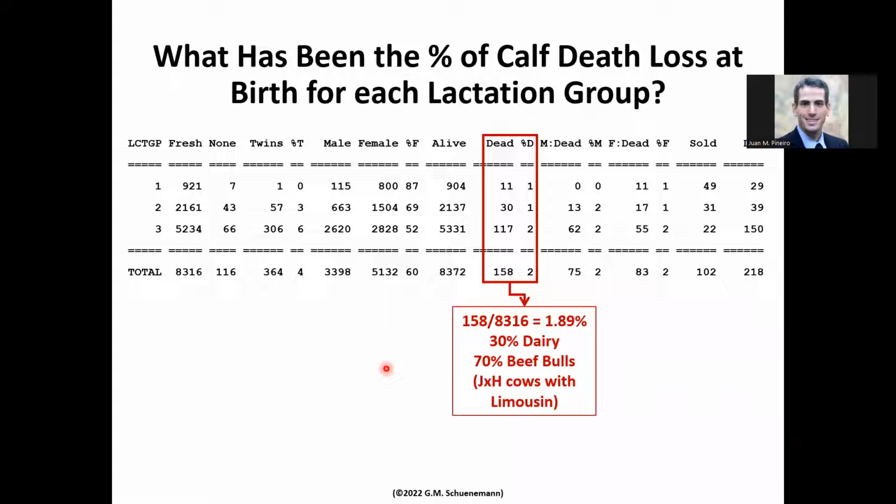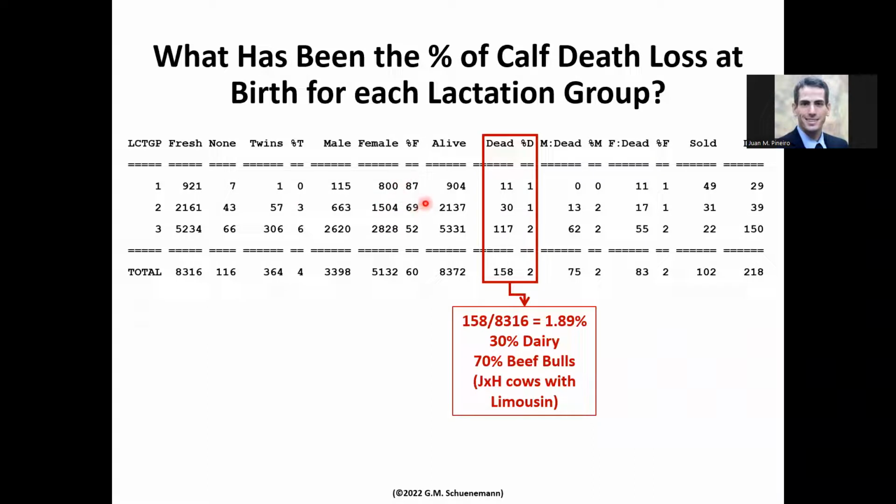So another important component that we look at, and I'm going to use some of these tables now, just explain very briefly. These are just Dairycomp data. Here are the lactation groups. This is about 8,000 cows, a full year, from 21 to 22. And what the table is showing you: lactation groups, first lactation, second and third, and older cows. And you can see the number of fresh cows in each one of the groups, the twinning rate for each one of the groups,